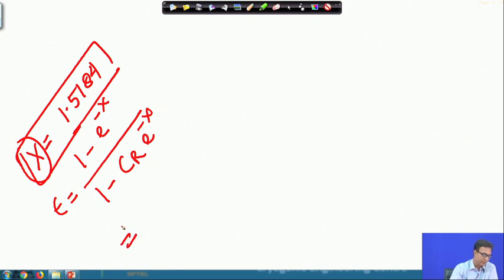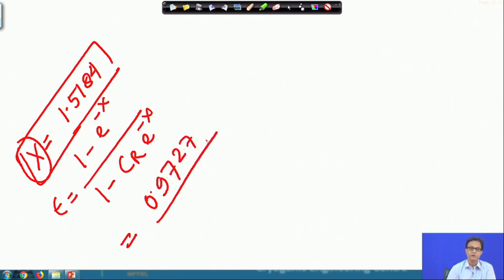So, if we put the value of x in this expression, you will find that this is 0.9727. So, the regenerator is